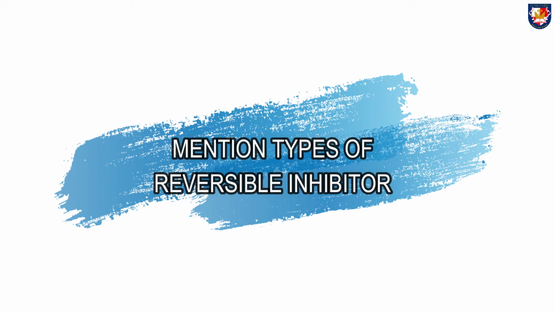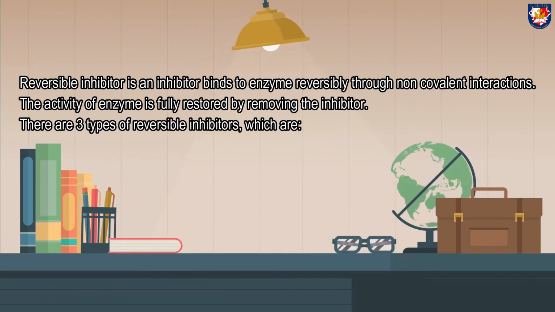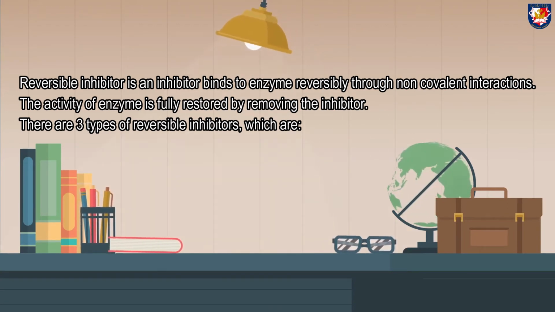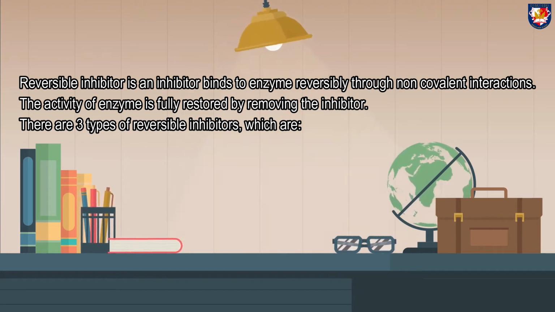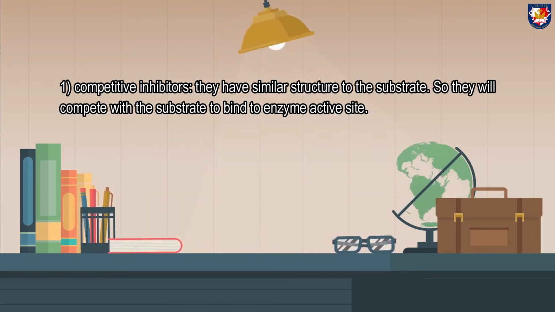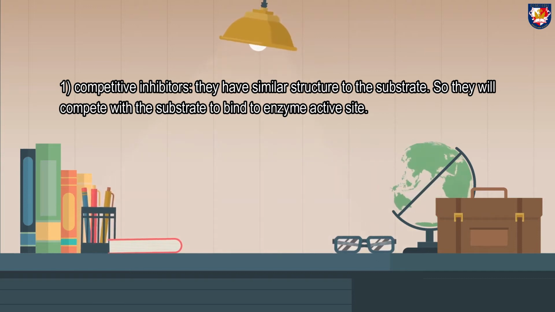Mention types of reversible inhibitor. A reversible inhibitor binds to enzymes reversibly through non-covalent interactions. The activity of the enzyme is fully restored by removing the inhibitor. There are three types of reversible inhibitors. First, competitive inhibitors. They have similar structures to the substrate, so they compete with the substrate to bind to the enzyme's active